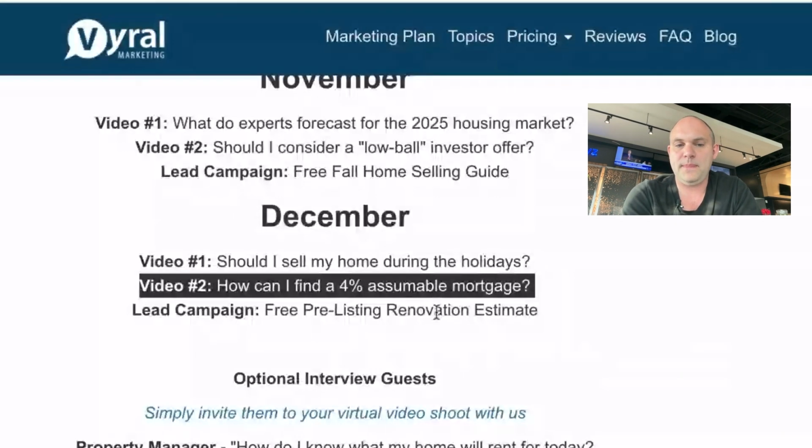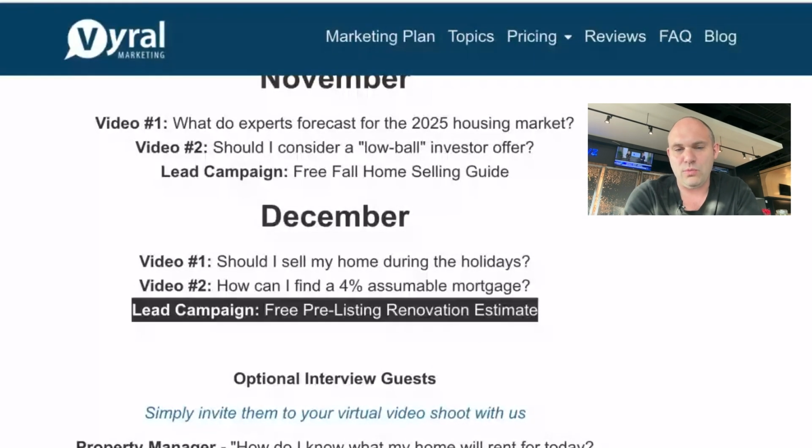And then the lead campaign is going to be a free pre-listing renovation estimate. Let me explain this one. If you're thinking of selling your home in 2025 and you're not quite sure what improvements you should make, maybe to the kitchens, the bathrooms, to fix anything that might be dated, if you've owned your home for a while, to bring it up to modern buyer standards or preferences, request a renovation estimate. We'll come out, bring our general contractor out, give you a quote, what we've got to do, some TLC to the house, and what the price of that would be, as well as what the ROI would likely be of how much your home could sell for based upon the comps in the neighborhood, with evidence and proof.